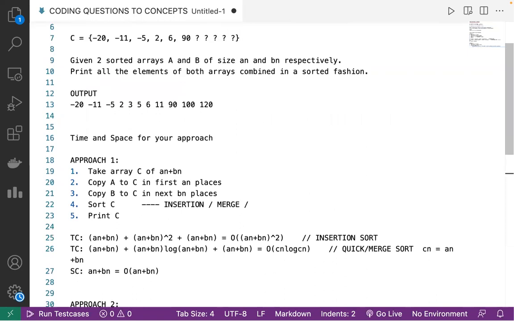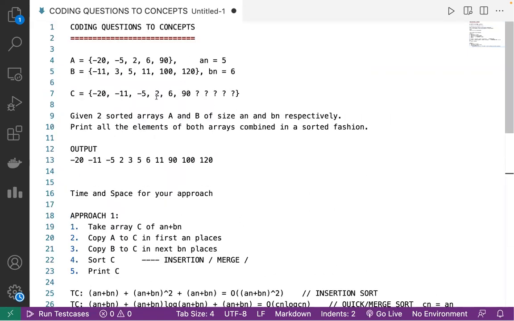Is the idea making sense to everyone? Did we understand how we inserted minus 11 here? Or do you want me to go ahead with talking about how we insert 3? Can I have your responses, please? Okay, awesome. We are clear. So if we are clear with this approach,